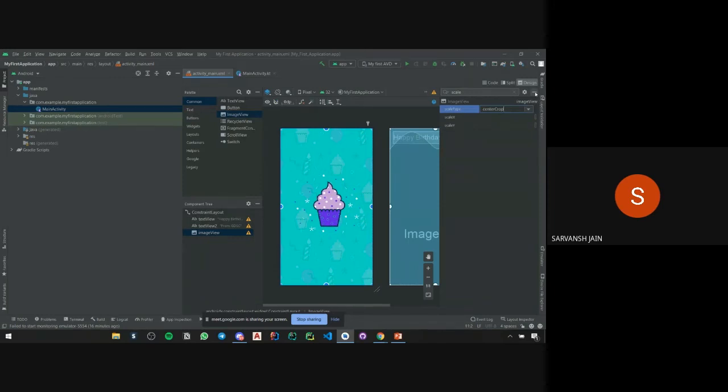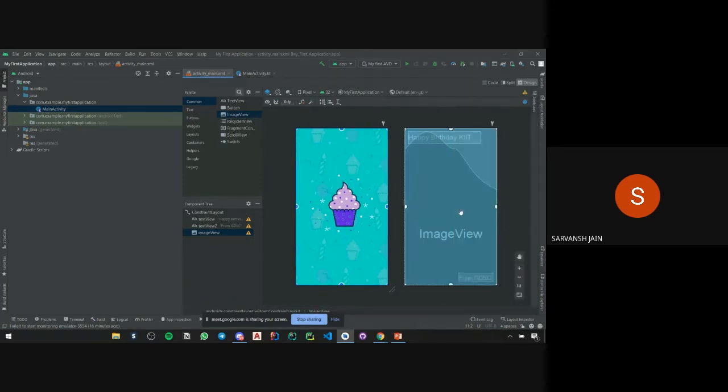But now another problem arises. As I answered the previous question, the image is covering the whole text. Previously the image was not so scaled up, so we could view the text, but now the image is scaled up, so we can't view the text. If you see in the component tree panel, the views are arranged in order.